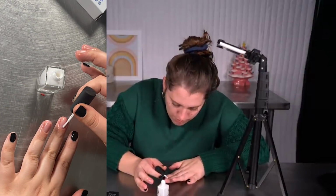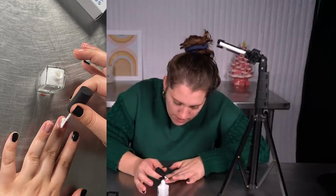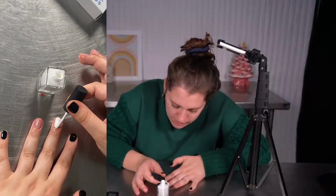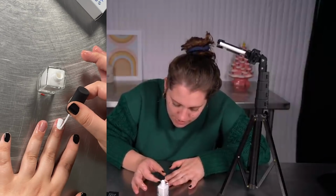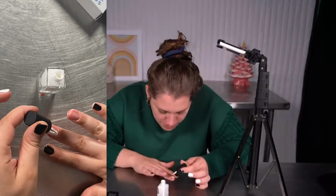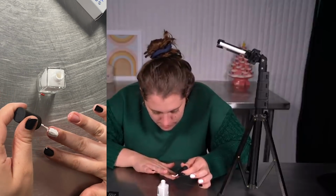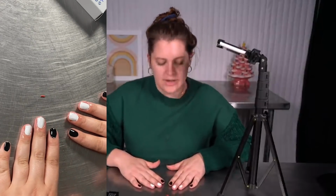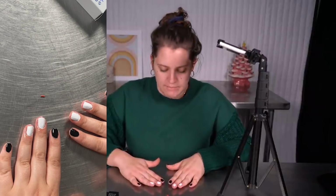Okay, time for some white. Wonder if the white will be as good. Wow, that is really, really good white. I'm trying not to breathe when I do this. That's how bad I want these to look good. Oh my gosh, I'm glad I put that protective peel on because this is going to be a nightmare. So the white is looking a little streaky and a little gunky,